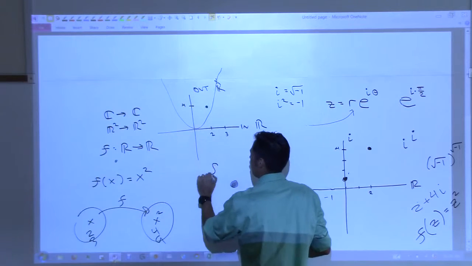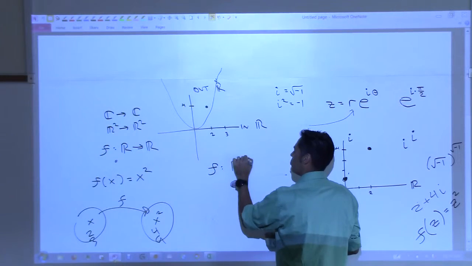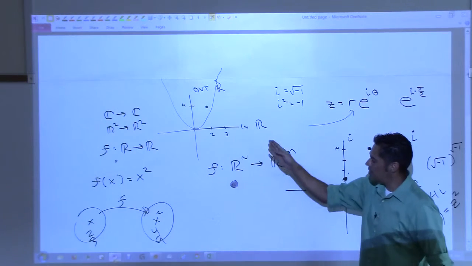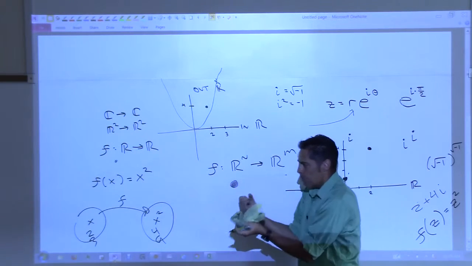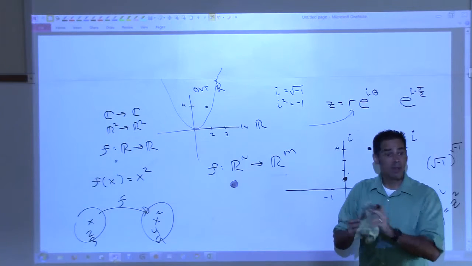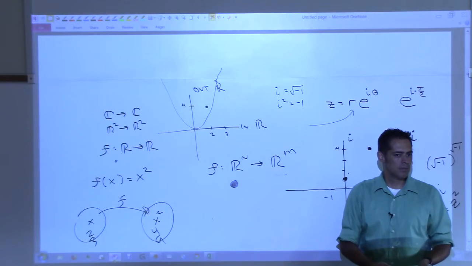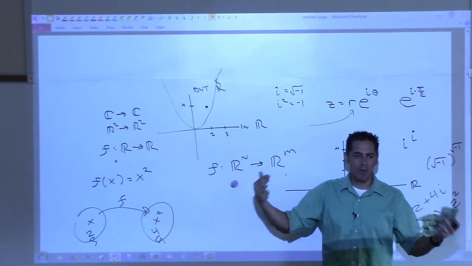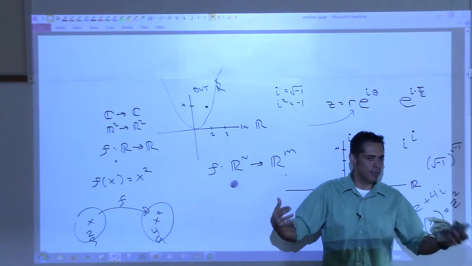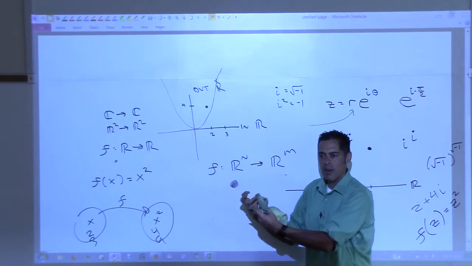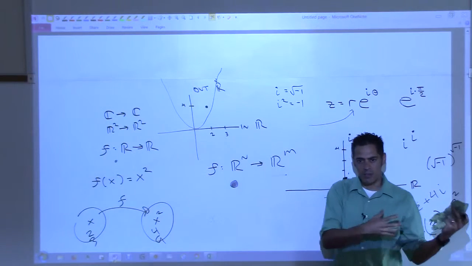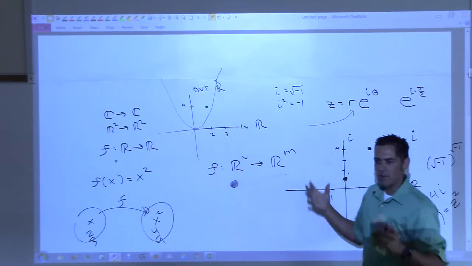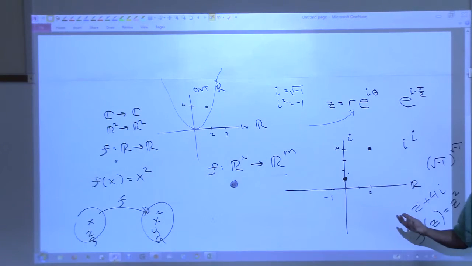But in general, in mathematics, you can have any function from any dimensional space into any other dimensional space. You could have something that takes in 10 inputs and spits out 4 outputs. You could have 100 inputs and 1,000 outputs. Think about the weather prediction, right? Computers take in all these variables, and they spit out all these results. These are very complicated functions that live in spaces that we can't see. Yeah? Okay.